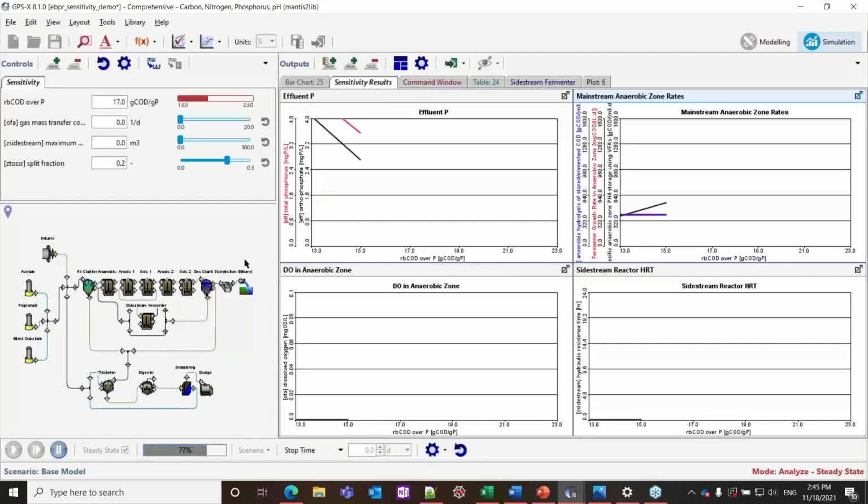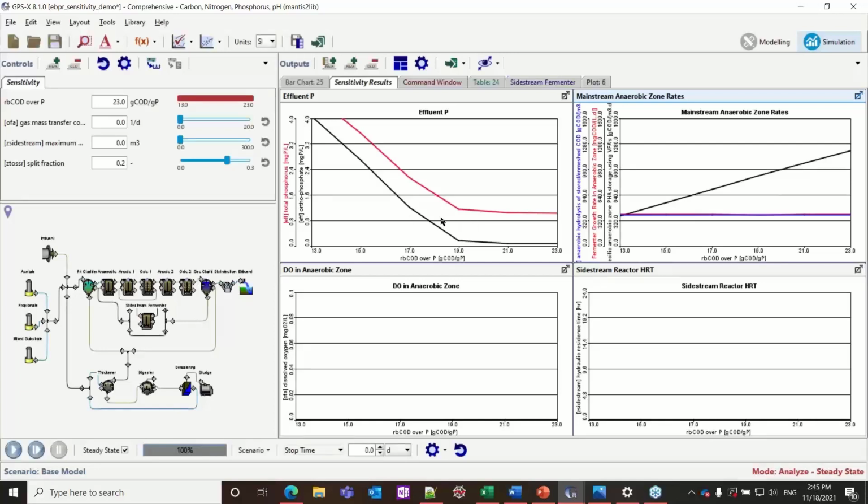Okay, so we'll just let this run. All right, so we can see already what's happening is basically what we would expect. The total and orthophosphorus concentrations are decreasing as we increase the readily biodegradable COD. And this result's going to become a bit more interesting when we compare it to the profile for the next